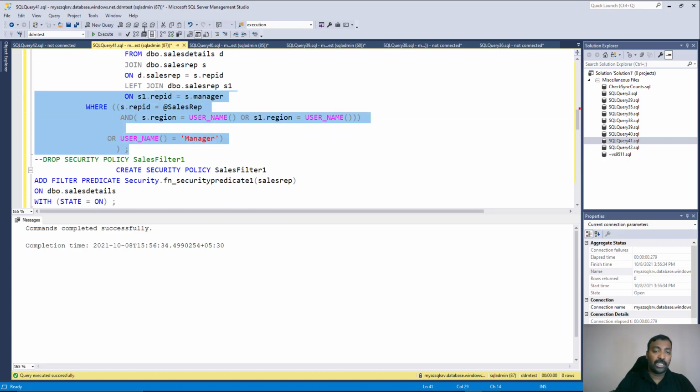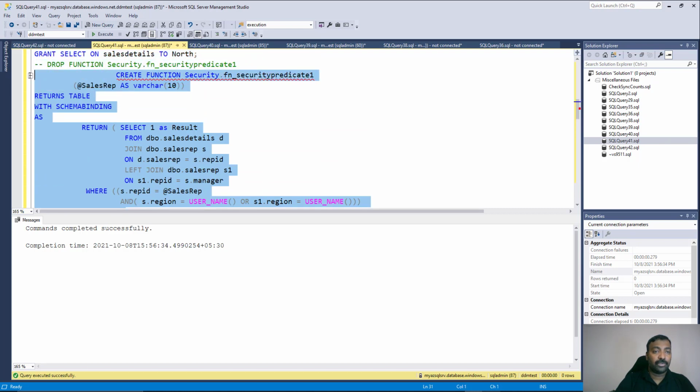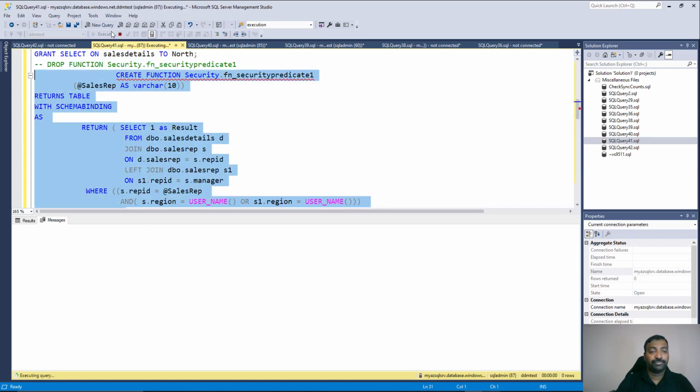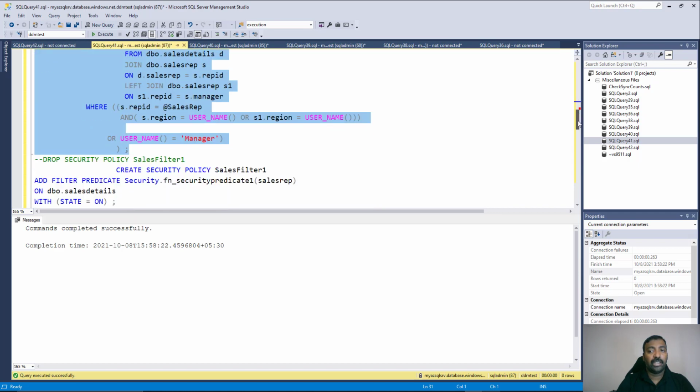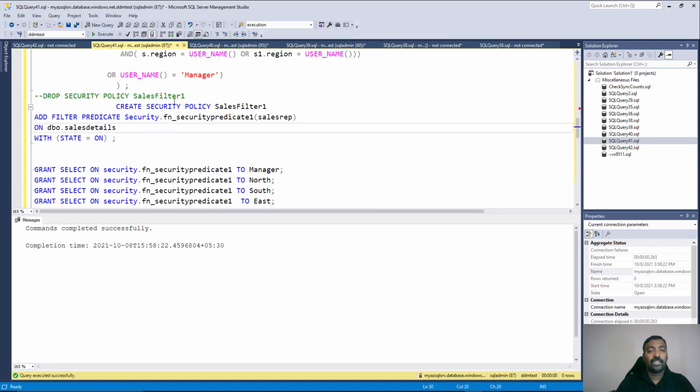So we are going to create such a table valued function now. So that is now created. Again we will create a corresponding security policy also, just like what we created. Here the security policy will be created on sales details, not on sales rep. Sales rep we already have another security policy. This one is on sales details, and we will create a security policy based on the new function that we